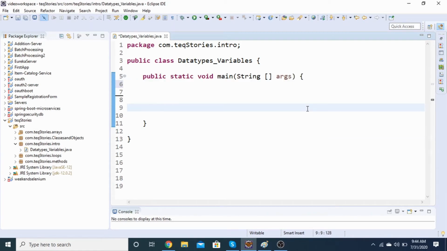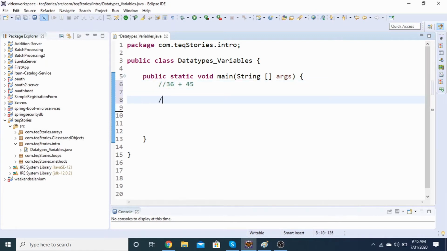So now let us say that I have to store a value and I have to create a variable for that. So how exactly am I going to work with it? Let's take an example. Let's say that I have to add two integers, which are 36 and 45. These are the two integers which I have to add, and I have to get the value. How exactly should I start? How exactly should I work with it?